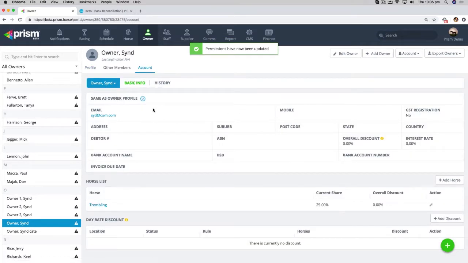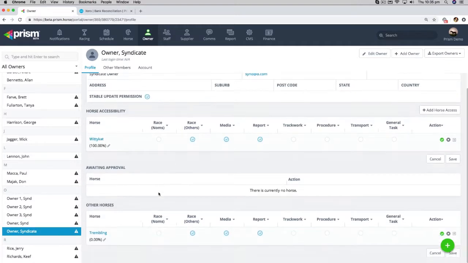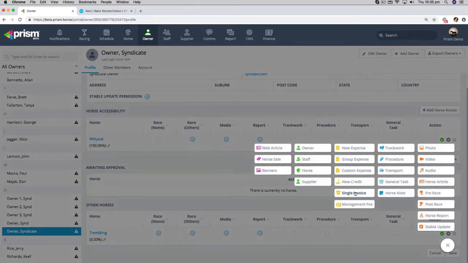So you can see here they'll still get the account, they'll still get the 25%, and the syndicate owner here is just in there as another. So they'll get all of the nominations, acceptances, results, media and reports, and the owners will get all of the invoices. So if you just have a look at that, you can see